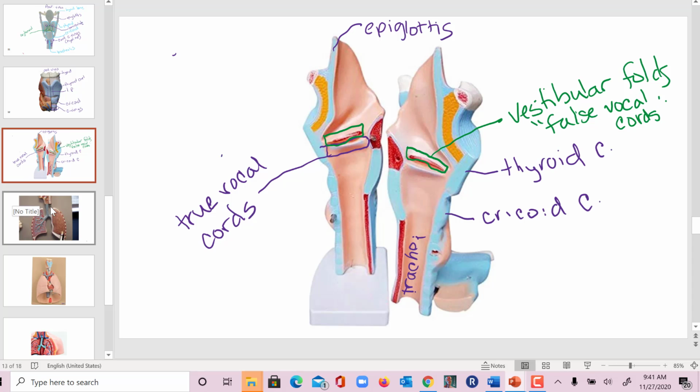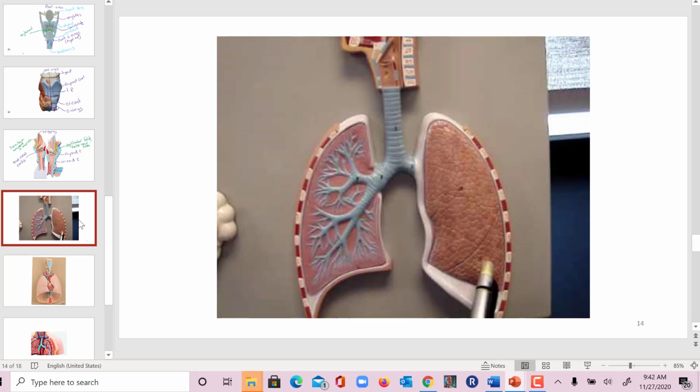Okay, so let me just make sure. The other cartilage that is not on your hit list, and it would be found wrapped up in those vestibular folds, in case you were looking for them, are the cuneiform. So they're wrapped up in the mucosa. Just again to draw from lecture. Now moving on, we have